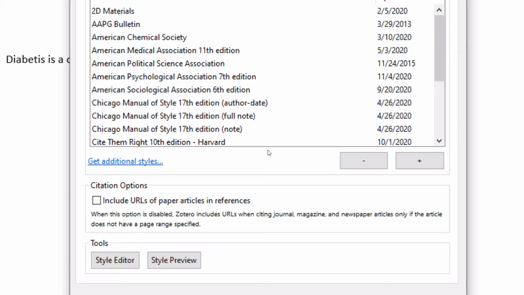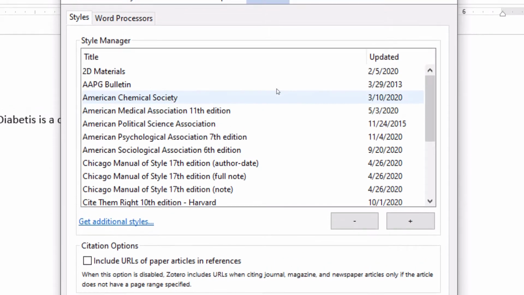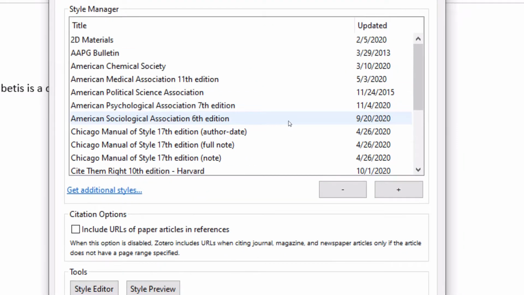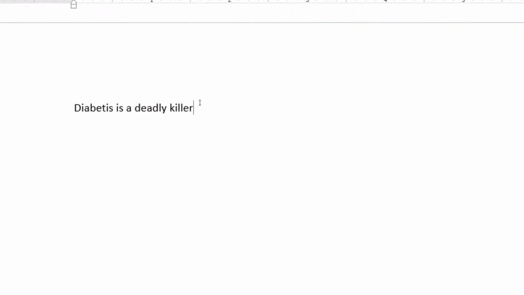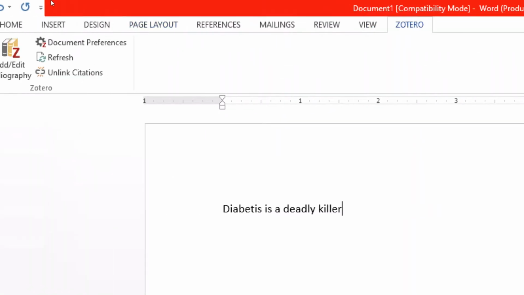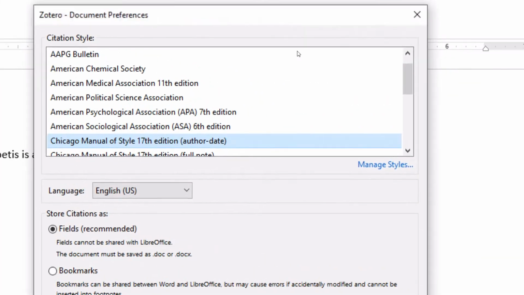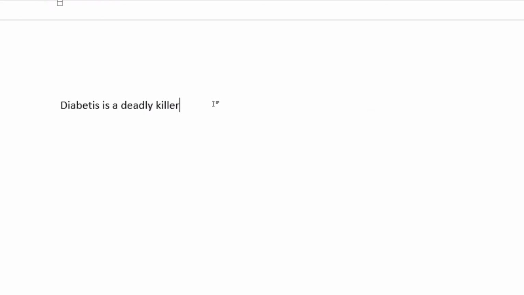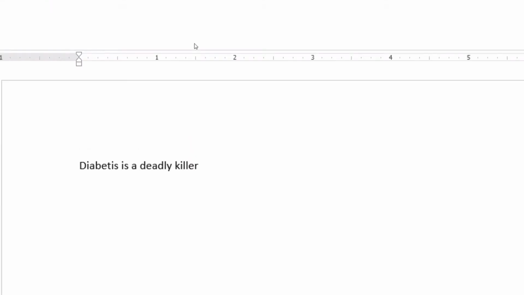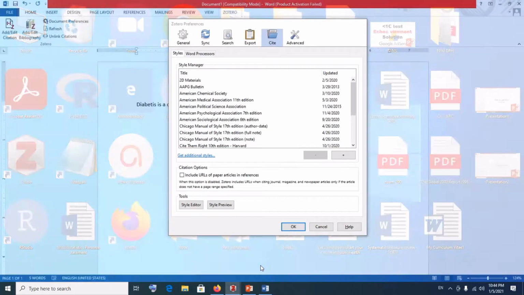When you are working in your Microsoft Word and you realize that the style that you want is not found, then all you have to do is what we've just done. You come over here, place your cursor. When you click on Add Citation, it brings you here. Then you click on Manage Styles, and then it takes us to this place. It brings us here,